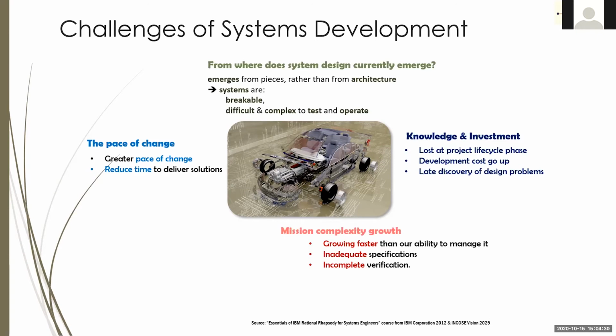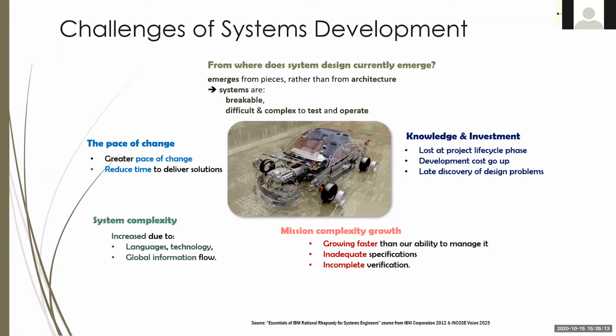The other challenge is that the complexity of the systems that we are building is growing every minute. It grows with the capacity that we demand from the systems, but also with the interactions that we have with other engineering disciplines. That is what's making it very difficult. Because of that growth, we are also getting inadequate and incomplete specifications, and of course the verification of those specifications is falling short.